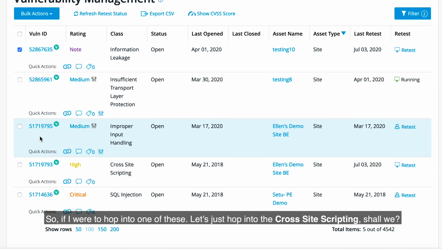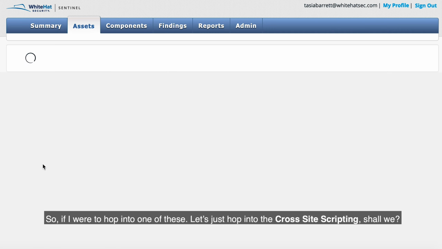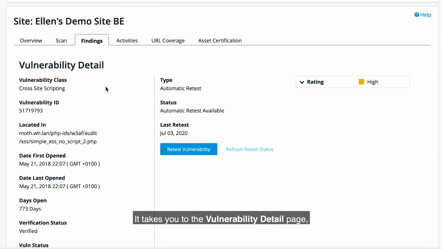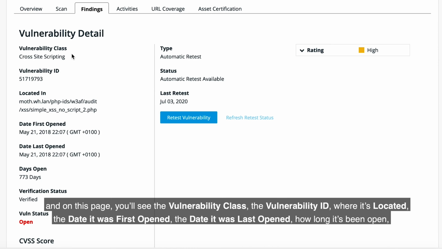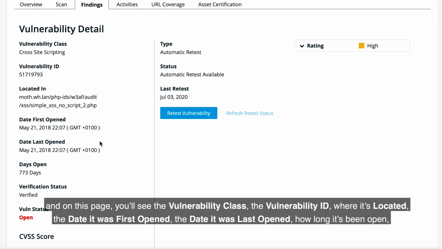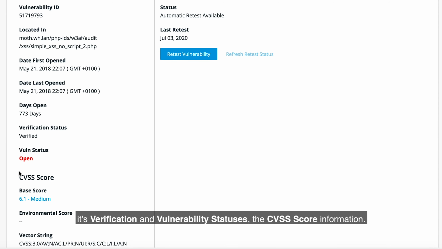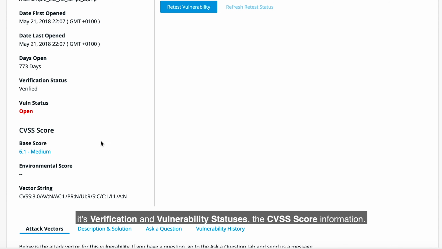So if I were to hop into one of these, let's just hop into the cross-site scripting, shall we? It takes you to the vulnerability detail page. And on this page, you'll see the vulnerability class, the vulnerability ID, where it's located, the date it was first opened, the date it was last opened, how long it's been open, its verification and vulnerability statuses, the CVSS score